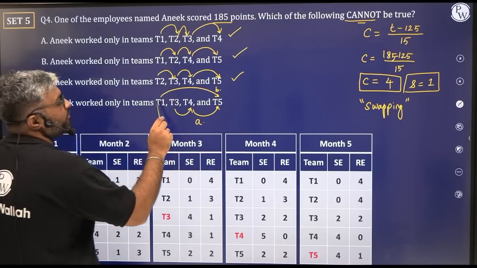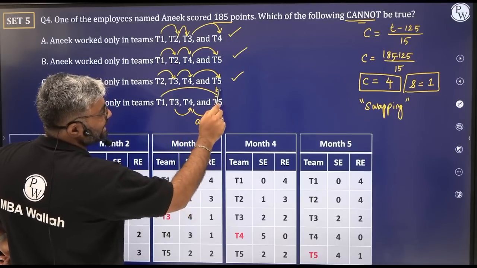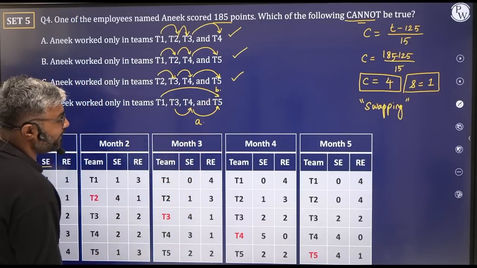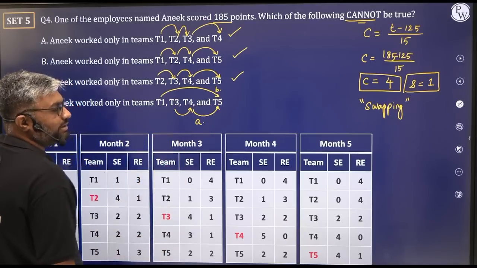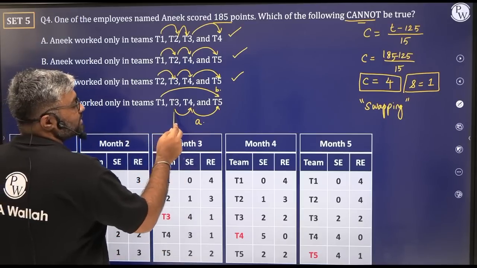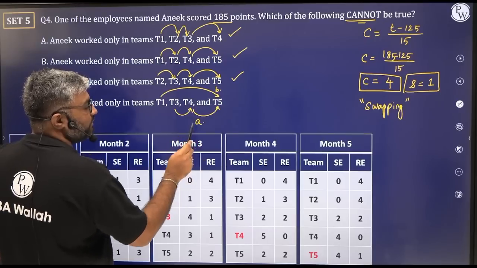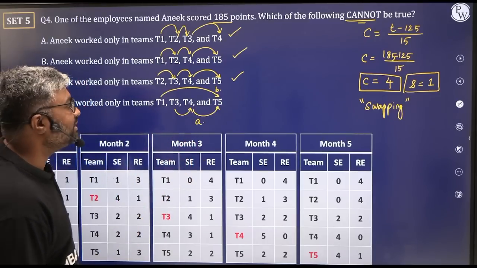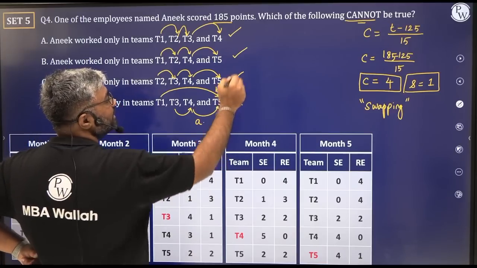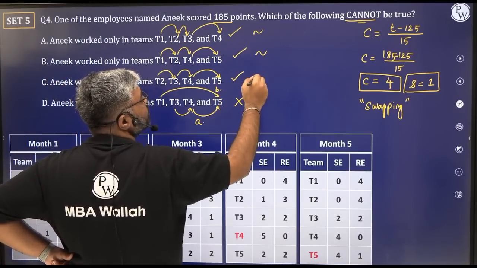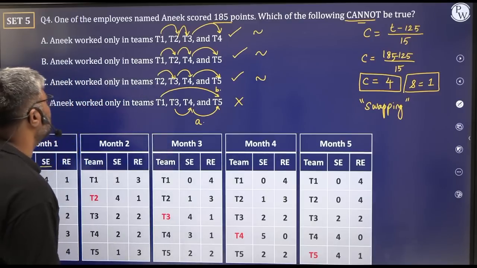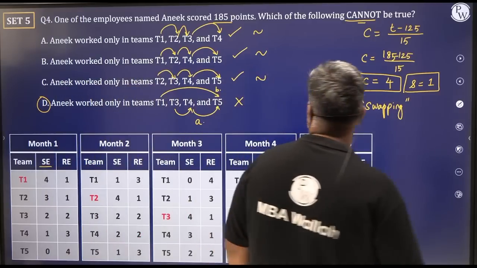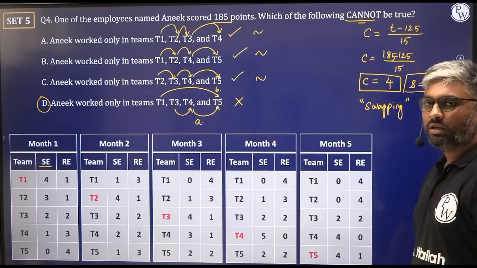So if the swap went from T1 to T5 from the second statement, yes, B, statement B से जो swapping हुआ था उसके through अगर गया, so then there's no chance he could have worked in T3 and T4. If the swapping was T3, T4, T4, T5 from the statement A, then there's no way he could have worked in T1. Yes, so this is something that is never possible. These are a maybe. This could be possible depending upon the situation, but our answer is option D because this is never possible. He cannot work in T1, T3, T4 and T5 in any order.